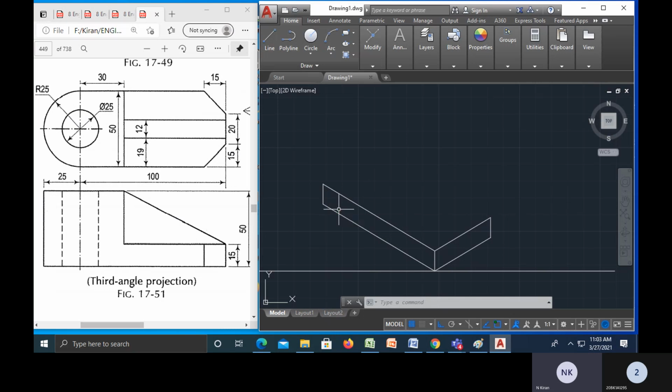So L enter. From this point, ortho mode, L enter. From this end point, 50 mm. The height is 50 mm. Again, what is the distance? We have taken up to here only, the 30 mm. So this is 100 mm and from this center point it is 30 mm. Right. L enter. From this point I will take shift at the rate, and the length is 30 mm. What is the angle I have to take now? This is your 330.